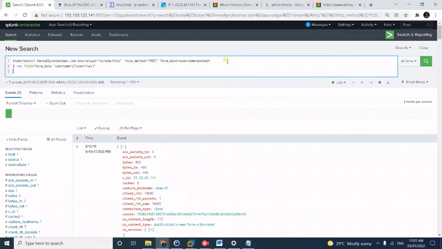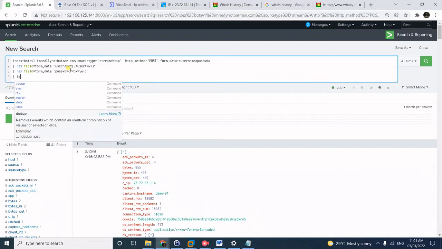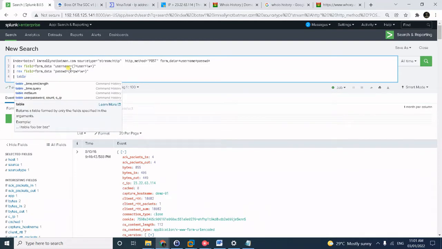Same for the password. Sorry, I'll just copy this one to save the time typing. Form data, now we are parsing the password. The string before the password is actually "passwd=", and then we'll name that field parse field PW, and then we want to output it on a table